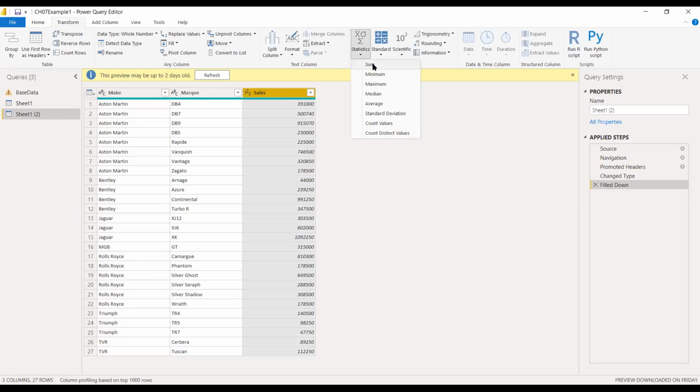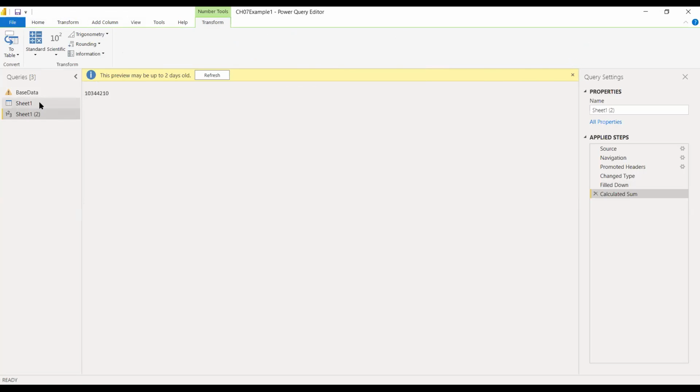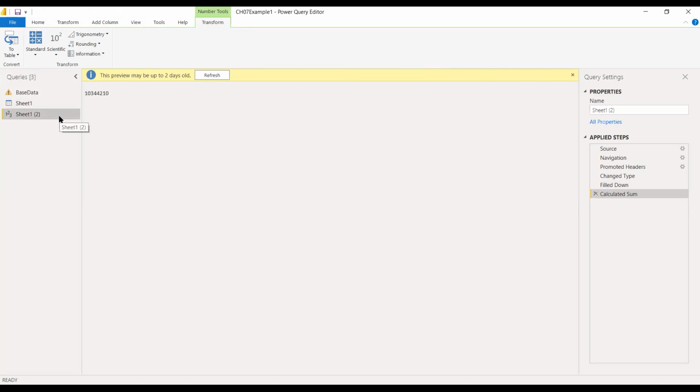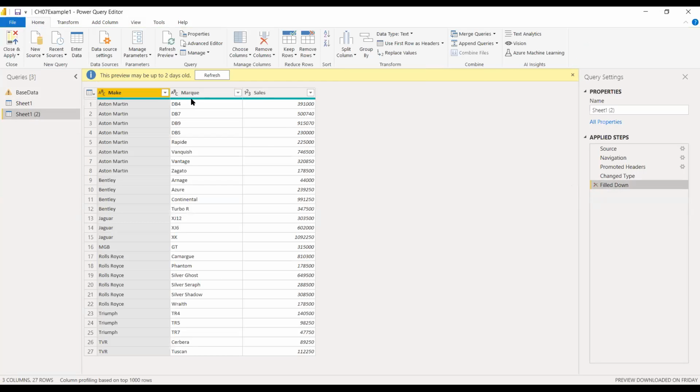This option. Now the sum is there, but the entire sheet is preserved and the sum is in another. Such type of calculated values are known as measure. So what is the difference between a measure and a column and a table? The measure is one value